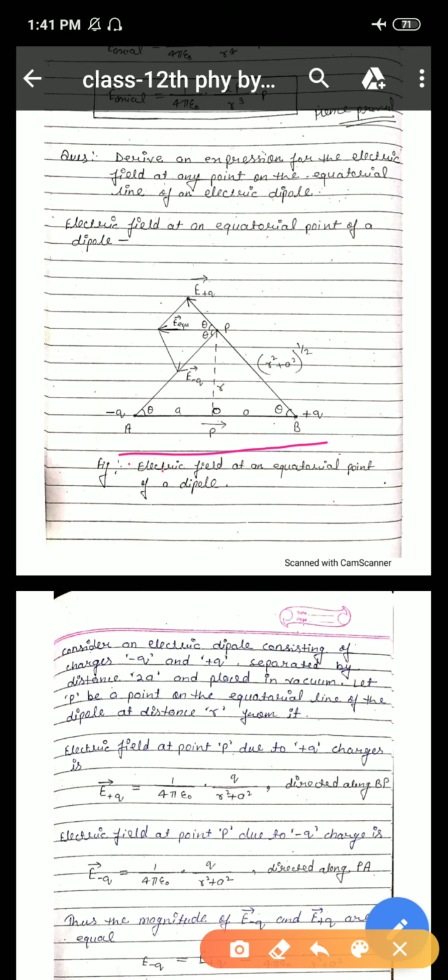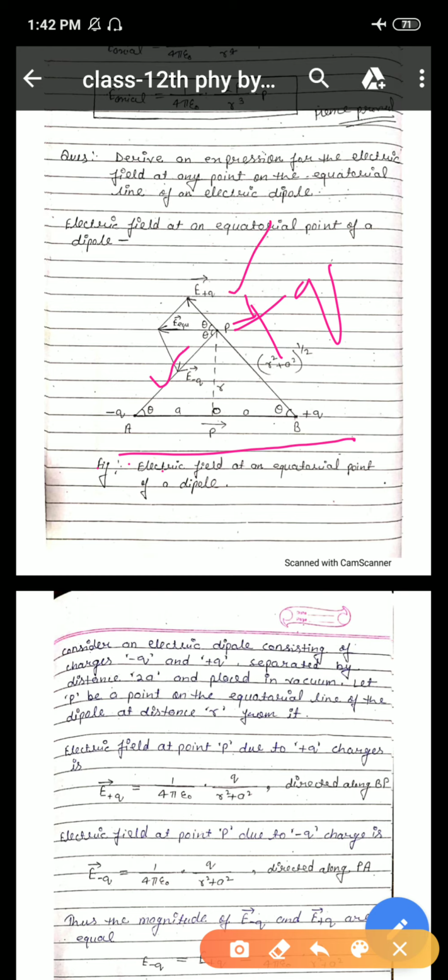Suppose this one is the dipole, and this one is the plus q, and see here, this one is the plus, this one is the minus. Then plus and minus attract each other, so direction of dipole is this. See this arrow? Now this one is the plus, this one is the plus charge. Then we know very well, like charges repel each other.